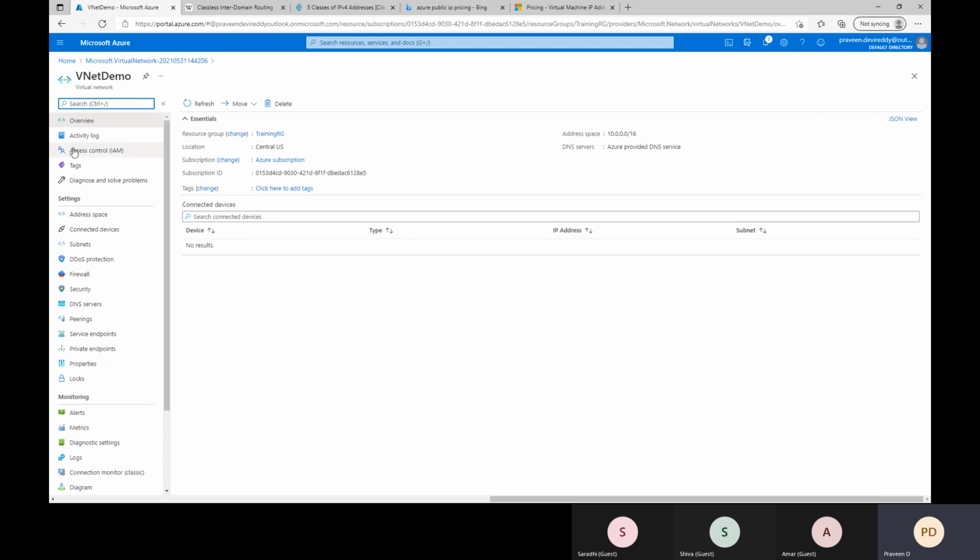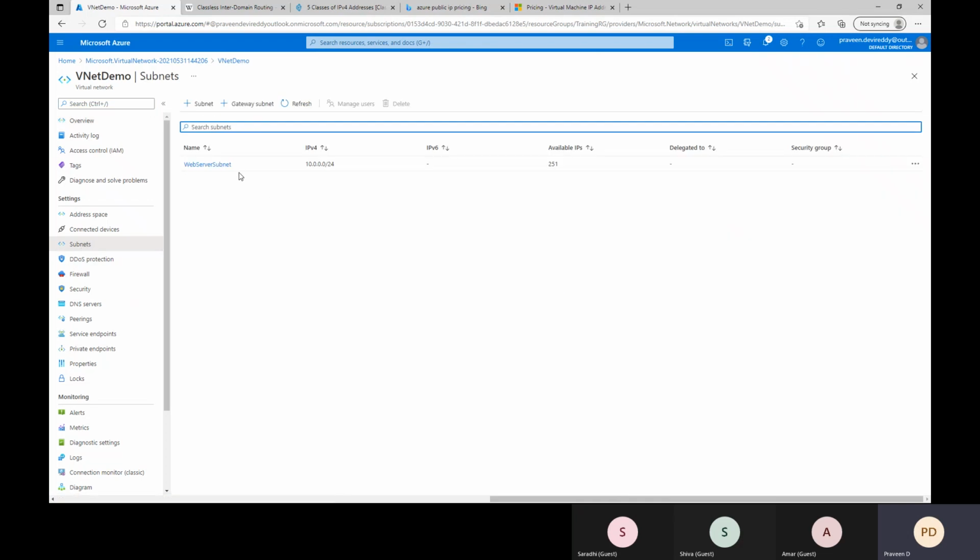If you see the left side, here are some of the options available for the virtual network. Suppose I want to enable or disable the DDoS protection, this is the place. If I want to enable or disable the firewall, this is the place. Or if I want to add any extra subnets, I can come and click on subnets.